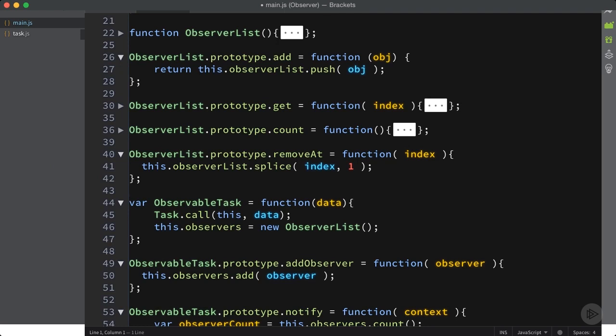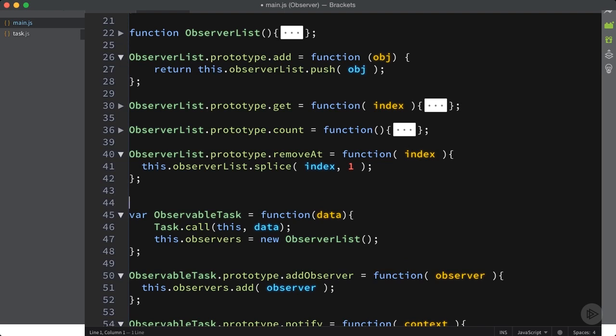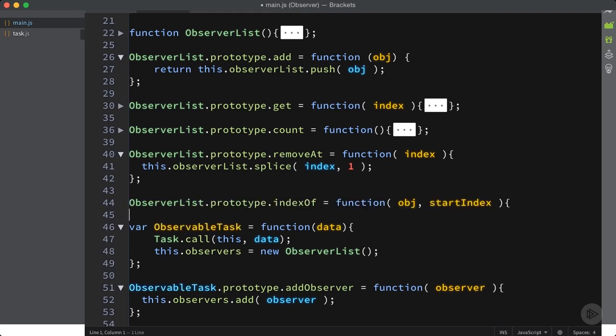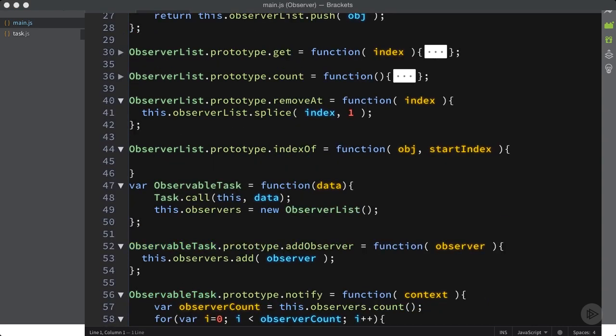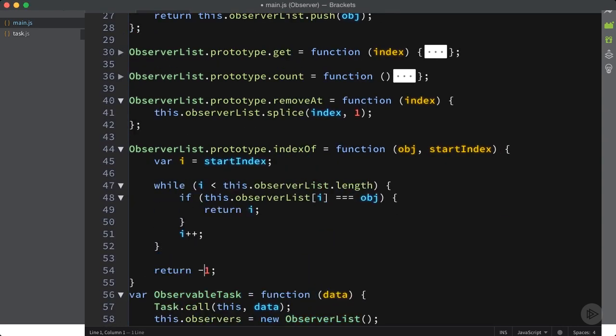Now, the other thing we need to know is where that index is. We have to be able to find an observer in our list. So the way we're going to do that is with an indexOf function. And we're going to basically just loop over our observer list until we find something that is equal. And we use triple equal, so it's the same thing. I'm looking for something that is the same instance-wise and everything of this object. And so when I find this object on my observer list, I'm going to return that,